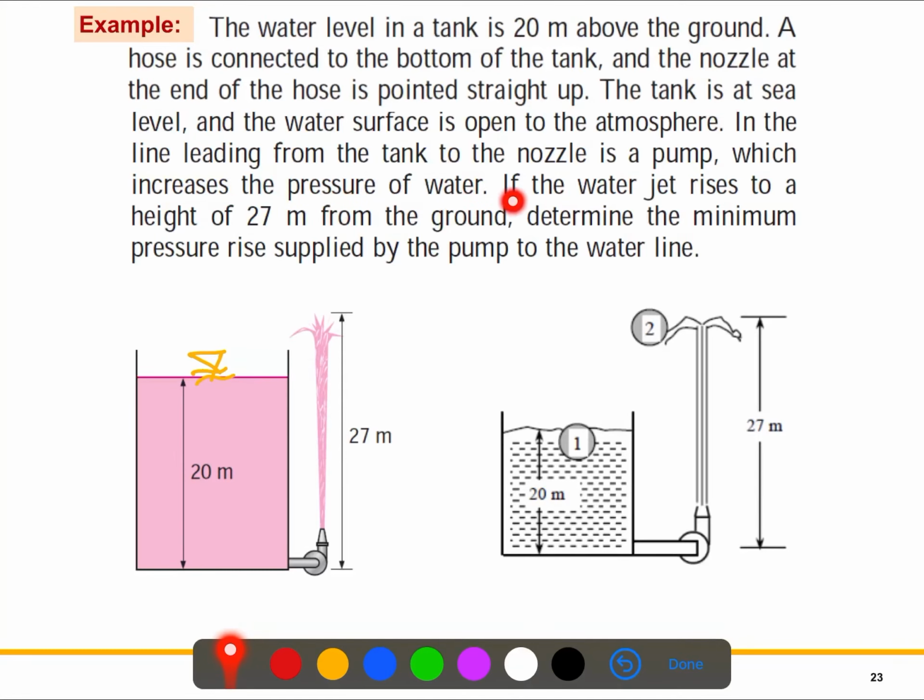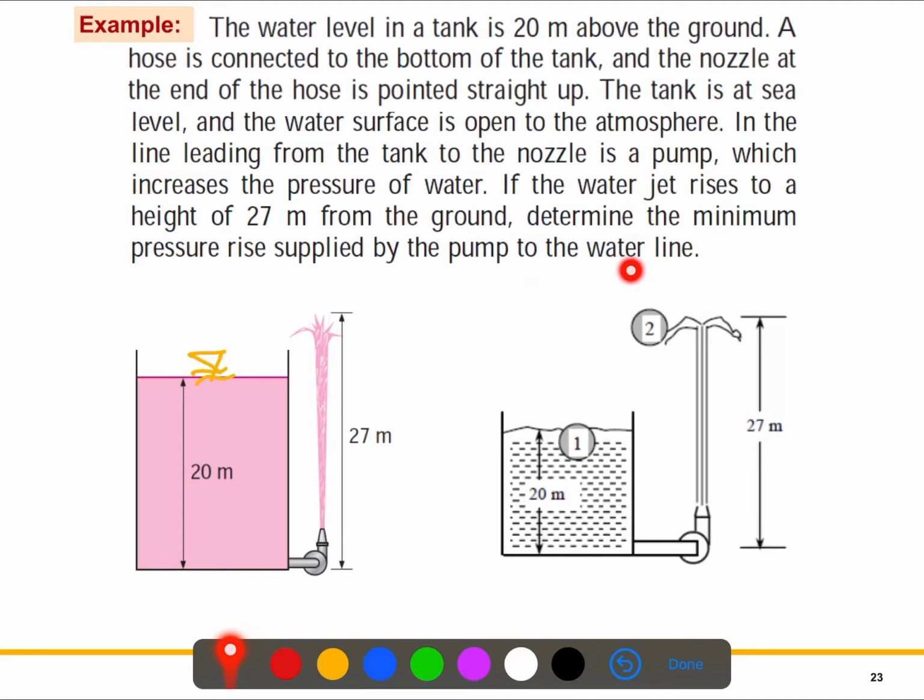which increases the pressure of the water. If the water jet rises 27 meter, like we discussed earlier, we need to determine the minimum pressure rise supplied by the pump to the water line. So we need to calculate the minimum pressure rise supplied by the pump. Okay, so